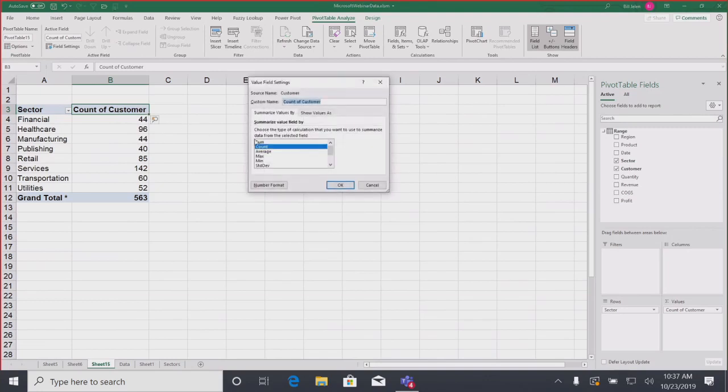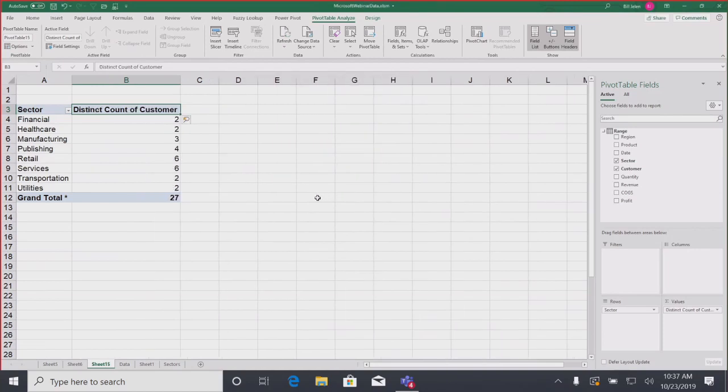But because I checked that box for add this data to the data model, there is at the bottom a secret choice that's not in regular pivot tables called a distinct count. Choose OK. And now 2, 2, and 3. It's actually the right number out there. So if you need to count the number of unique items or distinct items in each sector or in anything, changing to a distinct count. And the only way to get to distinct count is to check the box for add that data to the data model. All right, we'll take customer out.